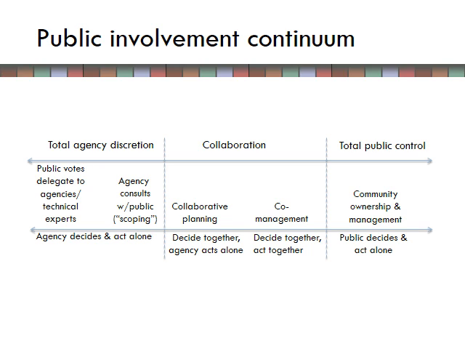But ultimately, the federal agents are not required to act on public sentiment. So this would be total agency discretion. This is not an example of collaboration. Collaboration occurs when multiple stakeholders are included in the decision making. With collaborative planning,